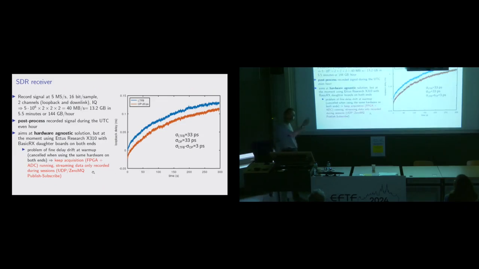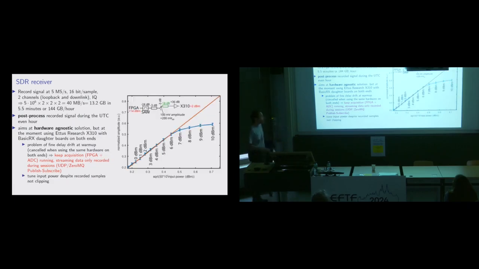So at the moment, we're storing the file, and the solution to this is, rather than storing the file and waking up the SDR just before the broadcast, you actually stream the data continuously. So you have a 0MQ or UDP output that tells the SDR to continuously broadcast information, and you just grab them when you need them. So this way, the FPGA and the A to D converter stay warm, and you avoid this risk. So this is one thing. The other thing is